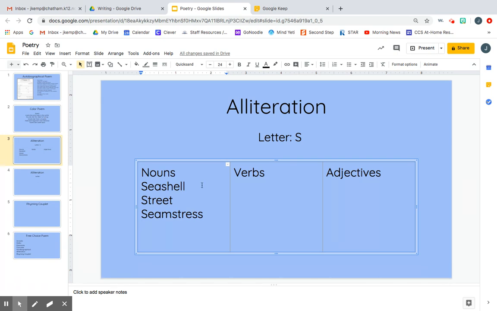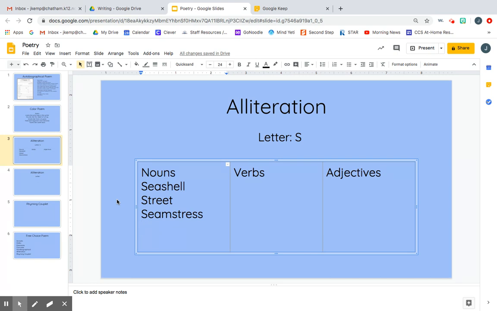And I'm going to add a few more. You don't have to do all three of those. You don't have to think of a place. If you can't think of a place with your letter, you can go ahead and do thing. Things are probably the easiest one. But if you would like to try to do a person, a place, and a thing, you obviously can try that.